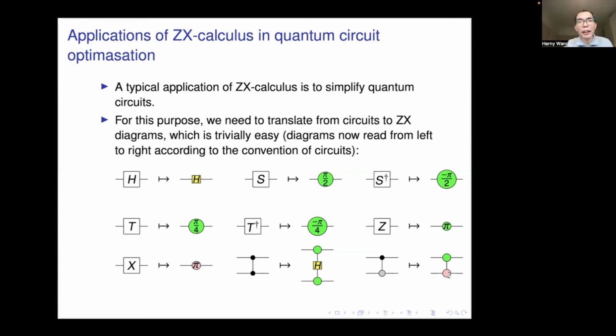Why use the color red and green? I'm not talking about the colors red and green. I understand, okay, the Z spider and X spider. Yes. Why is Z a green spider, as opposed to X being a red spider? Yeah. So